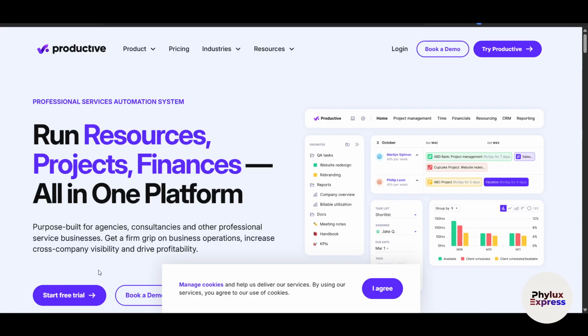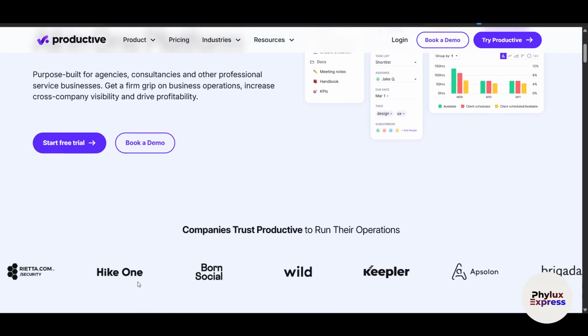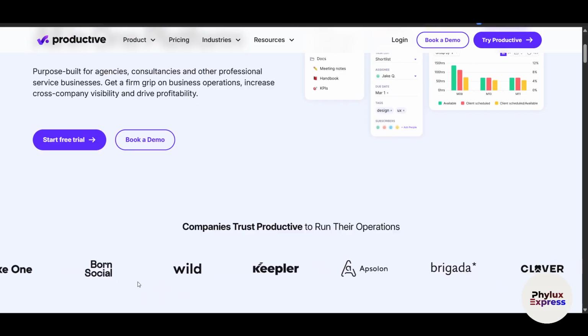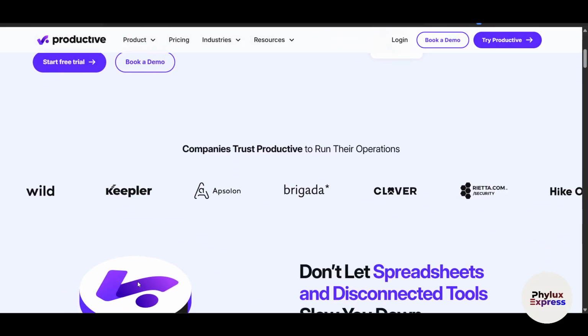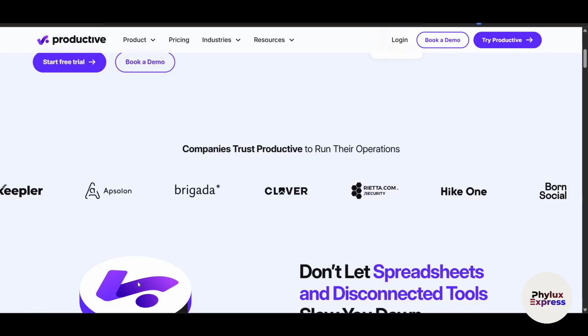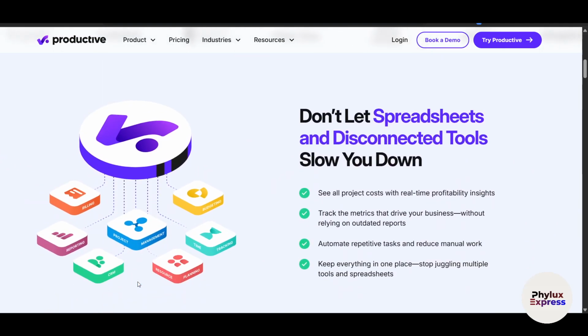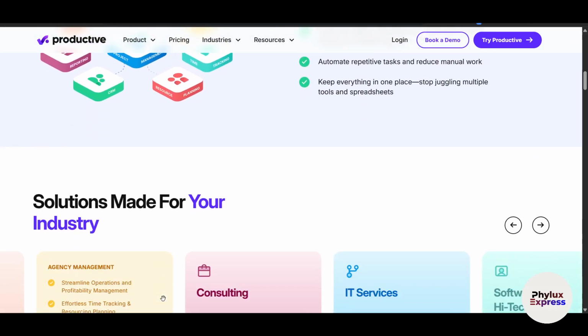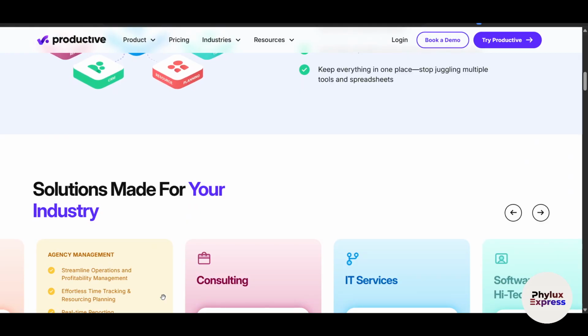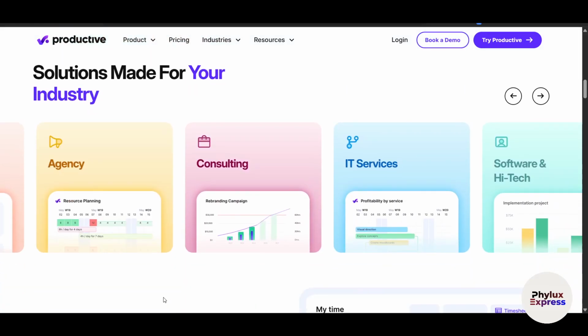Productive.io is a comprehensive project management and resource planning tool designed to help businesses manage projects, budgets, and teams efficiently. It combines time tracking, financial forecasting, and team collaboration into one platform, making it ideal for agencies, consultancies, and